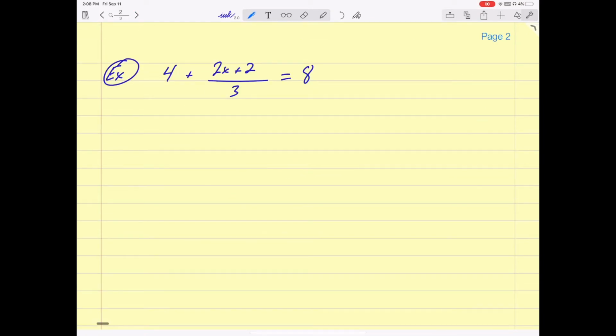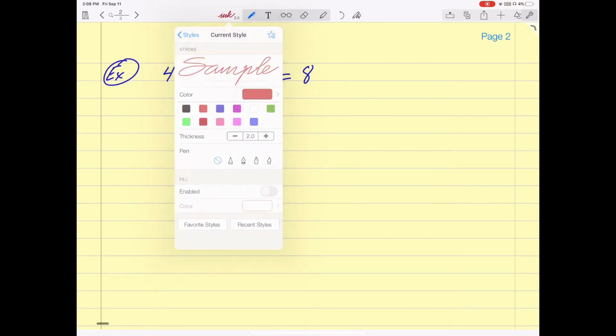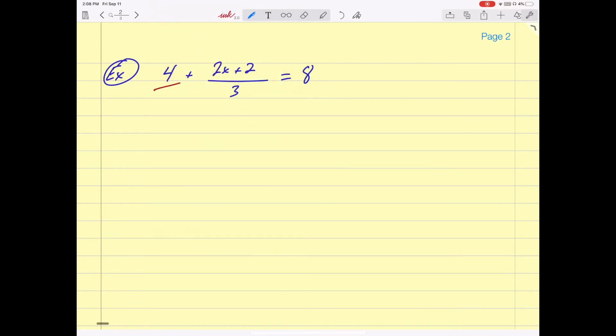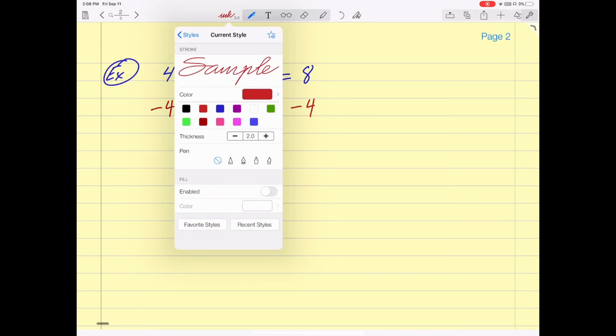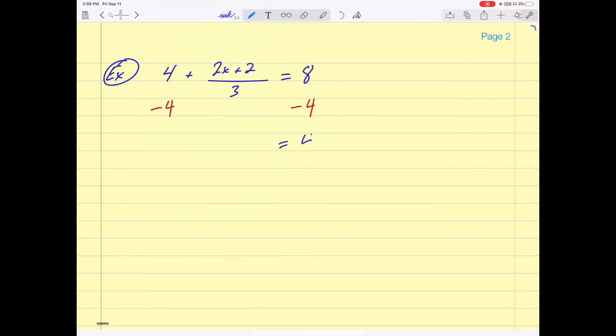Here's another example. This one is really super similar to the previous one, except this 4 is on the other side. If it's on the other side, you just do the exact same thing you would do to the other problem. If you see a number added or subtracted, you would deal with that first. So we're going to subtract 4 from both sides. We get 4 here, and then we have this 2x plus 2